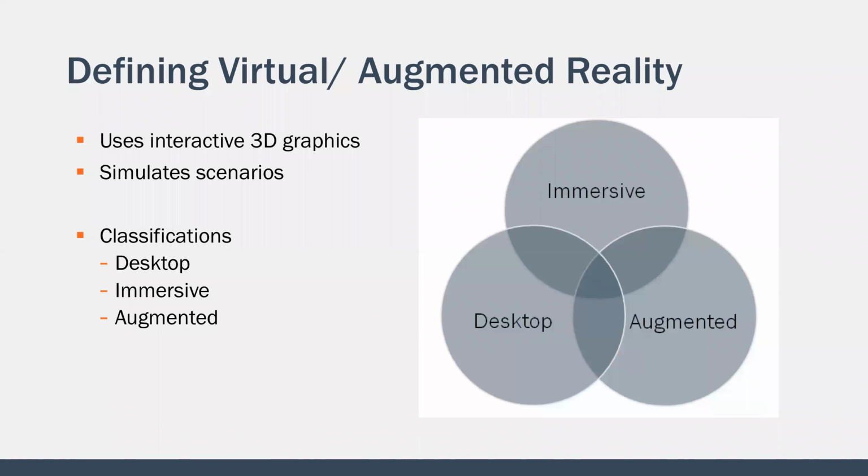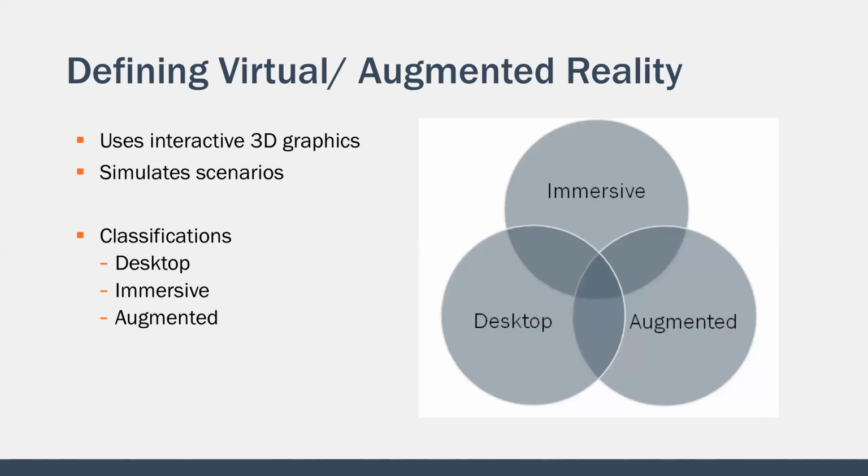So let's start out with a little bit of background information on what virtual and augmented reality is. Virtual reality is the use of interactive 3D graphics to simulate a scenario. And I think the key advantage of VR is its interactivity. So students are actively engaged in the content. They're not passively listening to a lecture. And they can make mistakes in the VR simulation without harming equipment or other people. And they can repeat the simulations as much as they want, and also get immediate feedback on how well they're